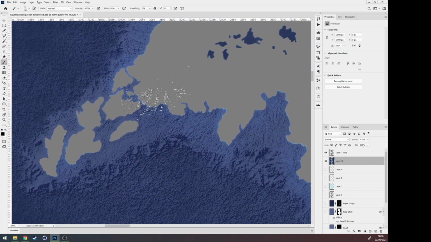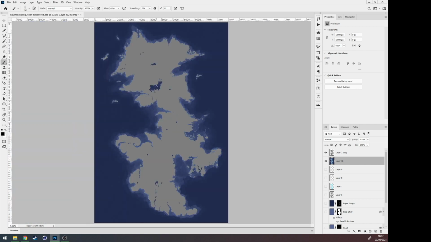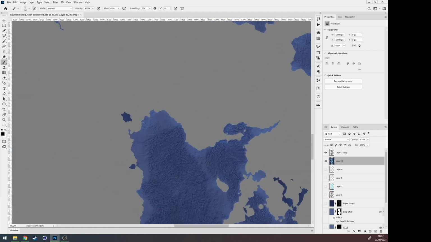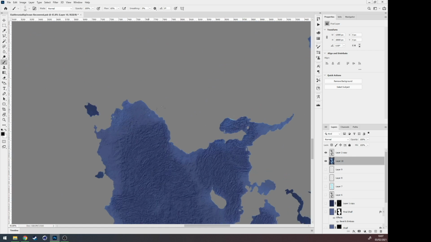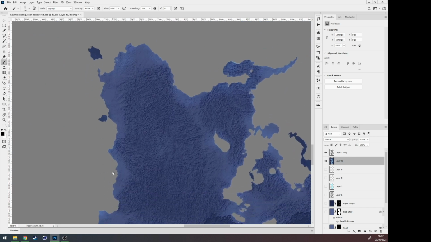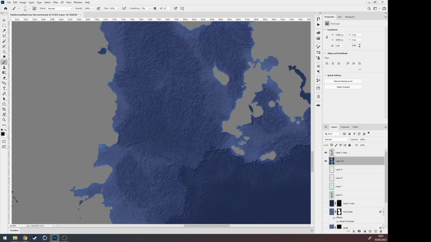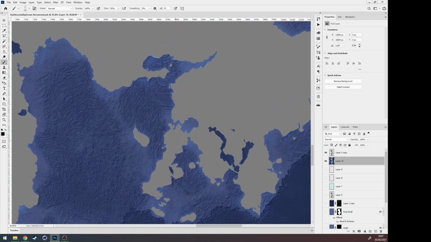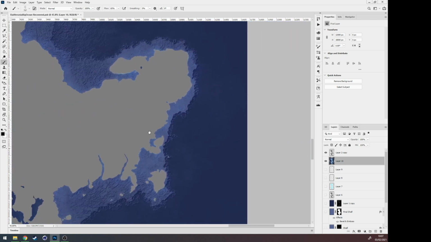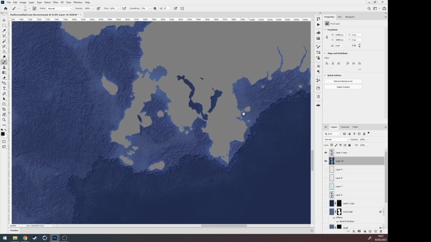We zoom out back to the full document, which is Control or Command 0. Obviously we've got a grey boring landmass because I haven't done this yet, but now you can see the effect it's given here. And this is included with several adjustments I've made to the shorelines. I've added some variety of colours, some cloudy effects around certain bay areas, and it's all about lots of small adjustments to make one huge effect, rather than just a quick and easy press of a button,